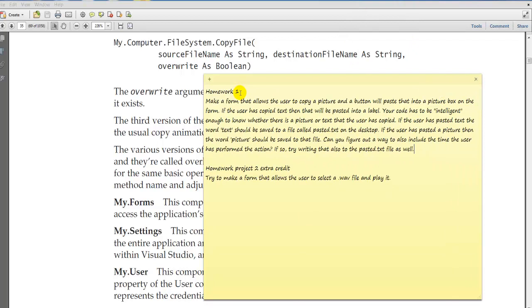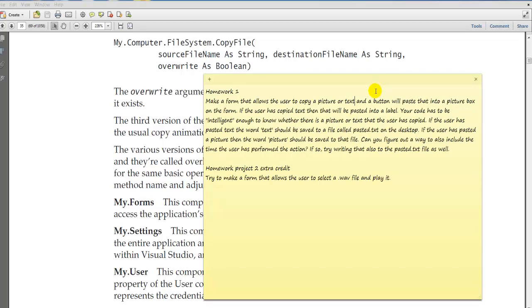So homework 1 is make a form that allows the user to copy a picture or text, I should say. And a button will paste that picture into a picture box on the form. If the user has copied text, then that will be pasted into a label. Okay, so your code has to be intelligent enough to know which is which. In other words, whether there is a picture or text that the user has copied. So what's on the clipboard, and then when they press the button, whatever's on the clipboard will go into the